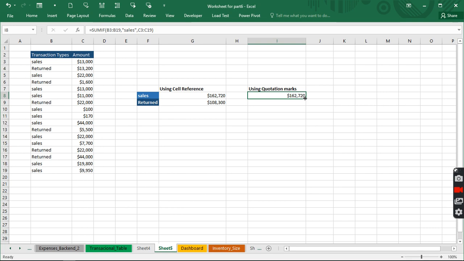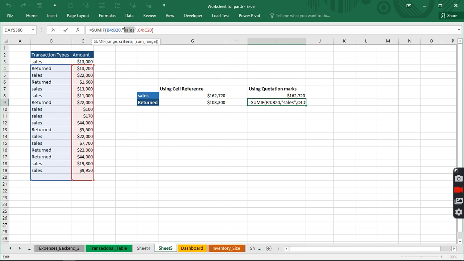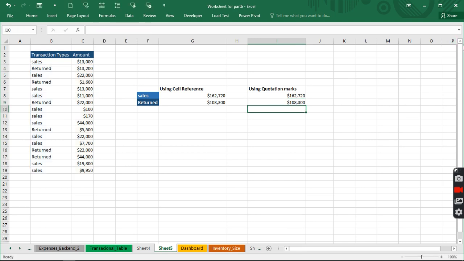So if we drag it down, you look at this, it is not correct because it is not looking at any cell. So now what we need to do is to actually change this to what? So we're now going to change this from here to return. So once we hit enter, we have it to be correct. But this time around, something again is going to be different. If we make any changes right here,